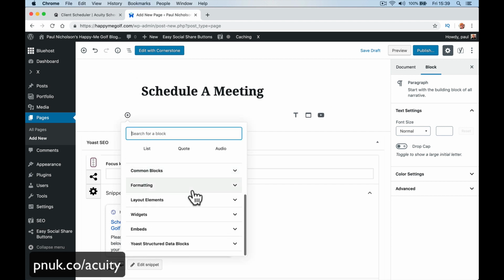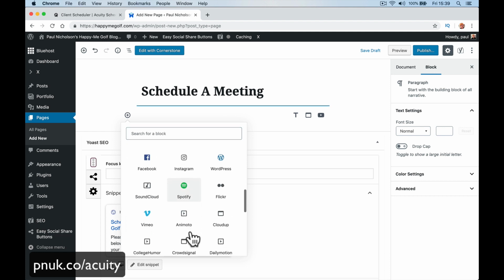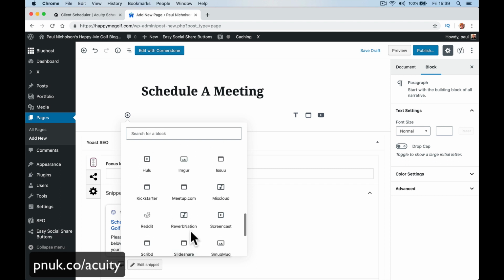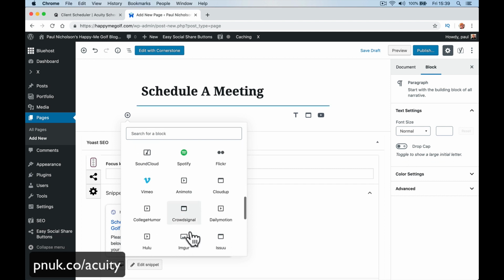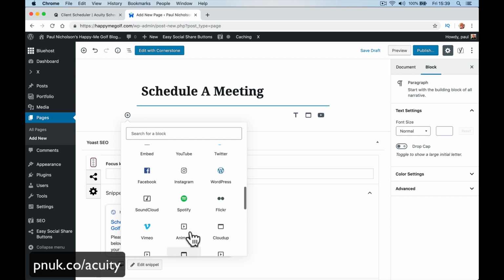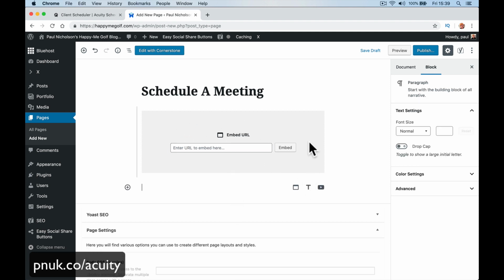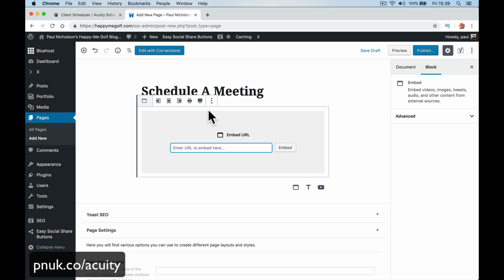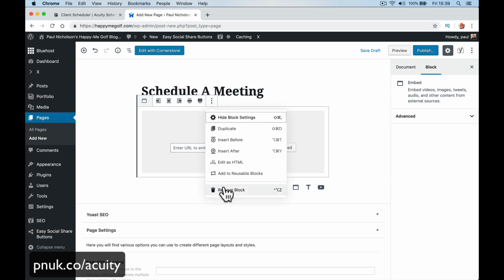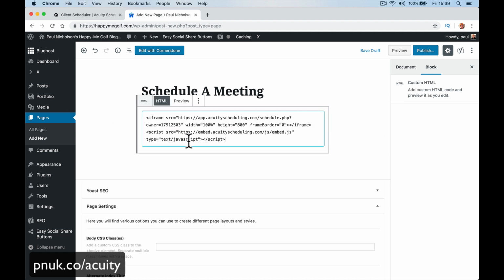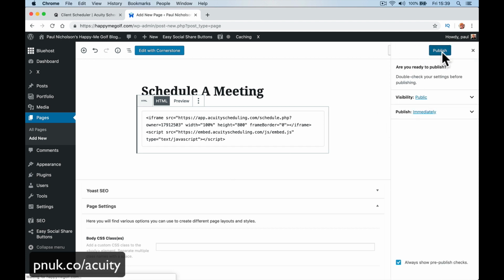So we've just copied the code, right? Embeds. We want to embed HTML. Let's have a look. Was it HTML? It might not even be HTML. Enter your embed here. No, that's not it. Sorry, I should have tested this first, shouldn't I? Let's get rid of that. Go away. Remove. Right, it's embed. Let's just do HTML, custom HTML, put my code in, publish,